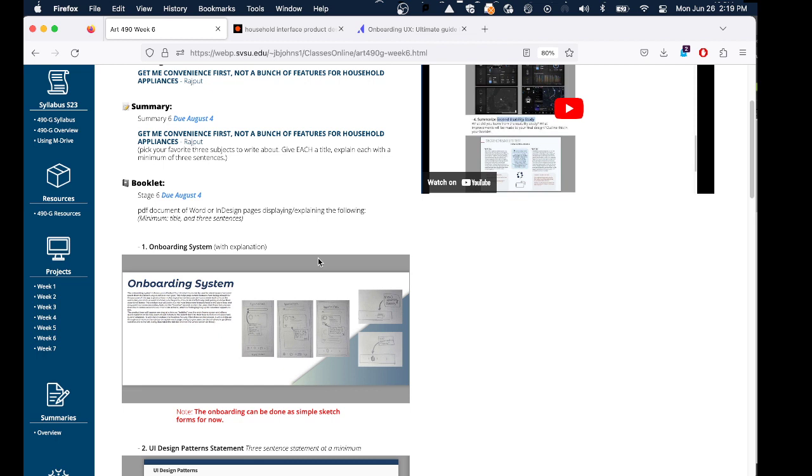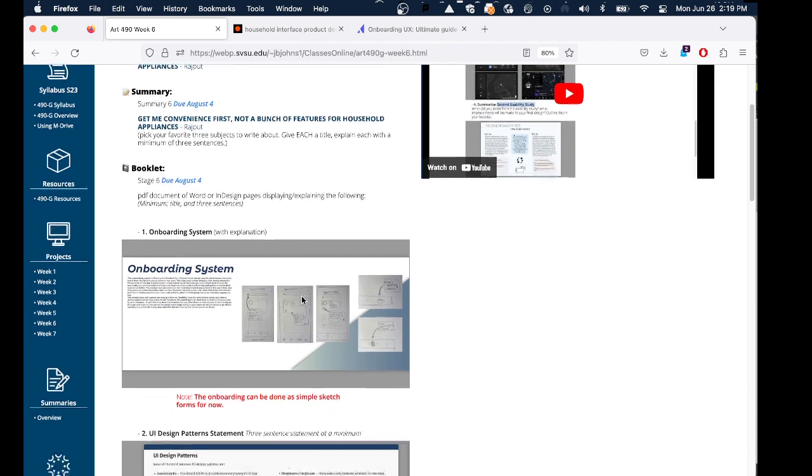Because this is a new thing, I'm not asking the booklet to be populated with refined screens right now, just low fidelity sketches that would show me how you picture your usability or your onboarding system working. Okay, so you have a little statement there. So it's the onboarding system, the sketches, and a statement.